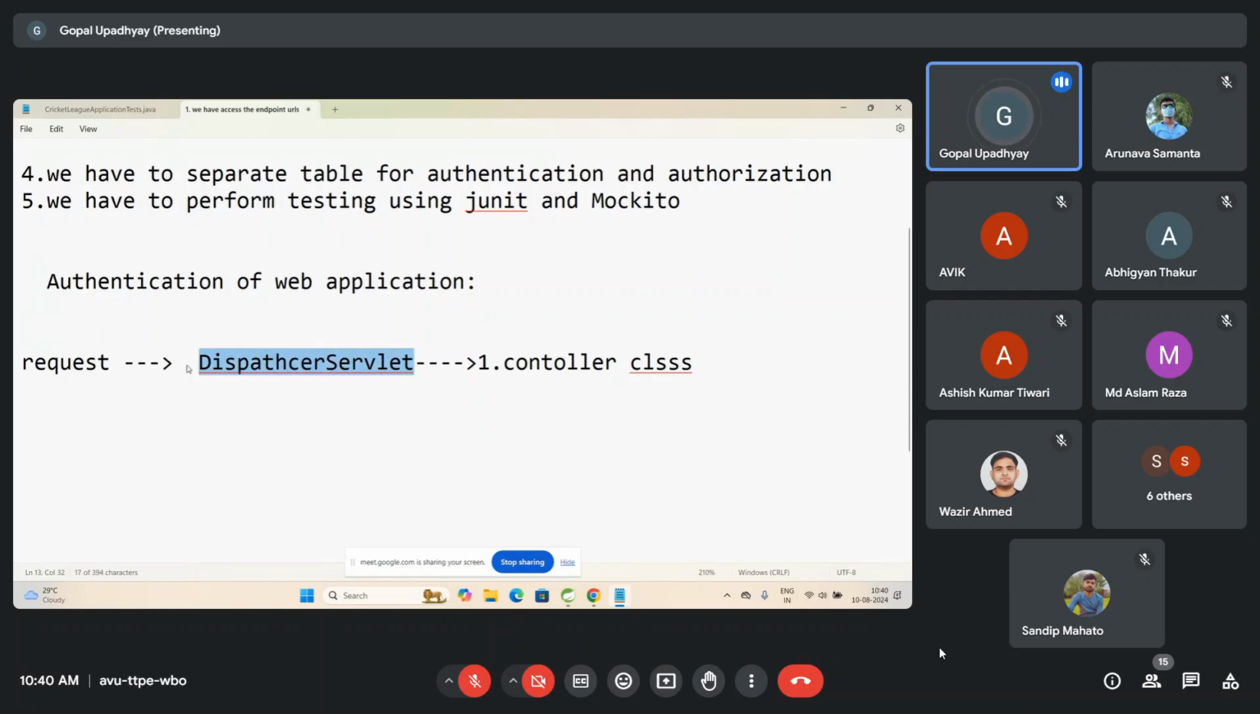Now this dispatcher servlet is going to forward this request to the controller without authenticating, and our controller is providing the service. Okay, so this is fine, but if you are developing a secure application, this is not fine actually, because what will happen nowadays, if you see in our